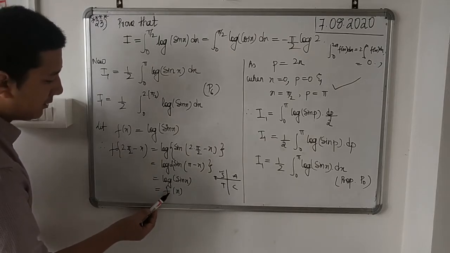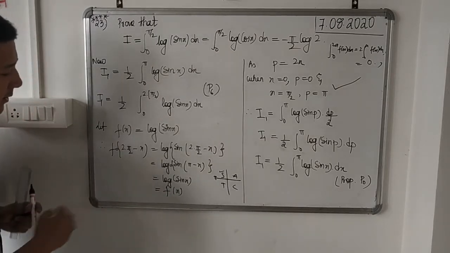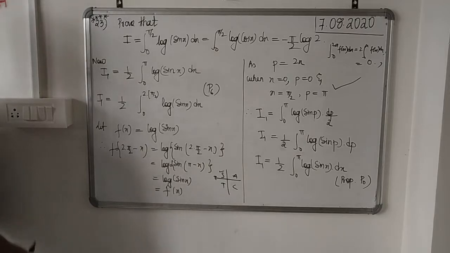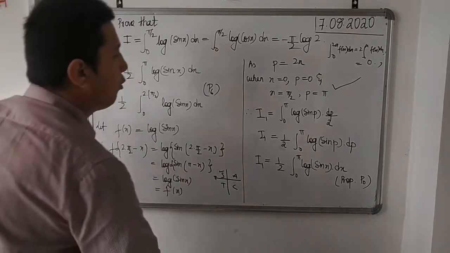So log sin x means f(x), isn't it? So I am getting f(2a minus x) is equal to f(x). So therefore by property number 6,